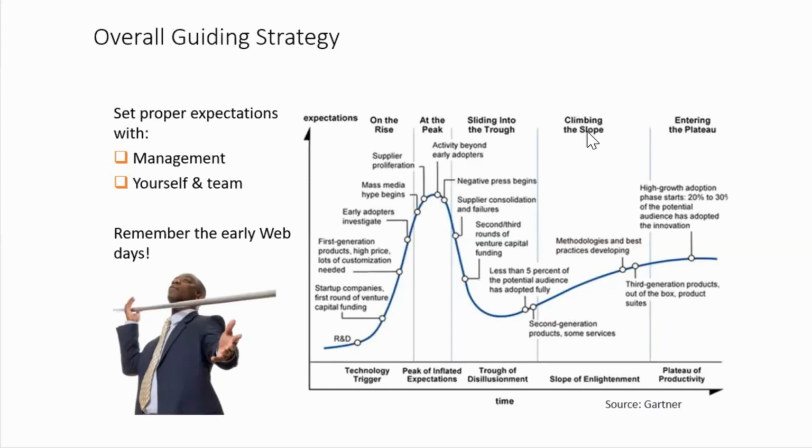So the trough of disillusionment is where all that hype gets deflated, right? And we're like, okay, this is what this can really do, right? Not just what some guy in a review wrote about in an article. And then as a technology becomes more mainstream, it kind of flattens out to the maturity side of things. And these things can take decades to progress, from an idea all the way until it becomes mainstream adopted, or it can take a month, right? It can happen super fast, or it can take 100 years. So there's no rhyme or reason to it.